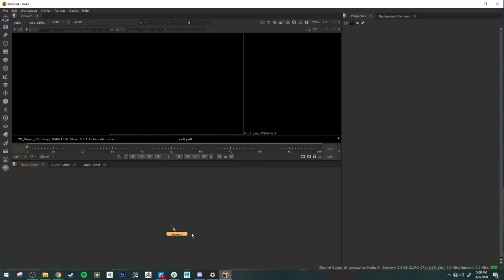Okay, so here we are. This is usually what your first scene looks like. Up here we have the viewer, which is essentially the visual representation of all of our images and all of our nodes compiled together. Down here we have the workspace. So we have the node graph, which is how we attach and rearrange and mix together our nodes and images